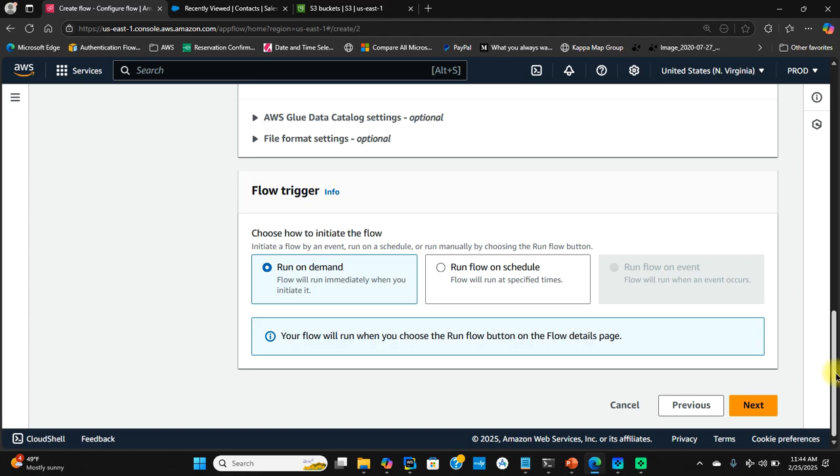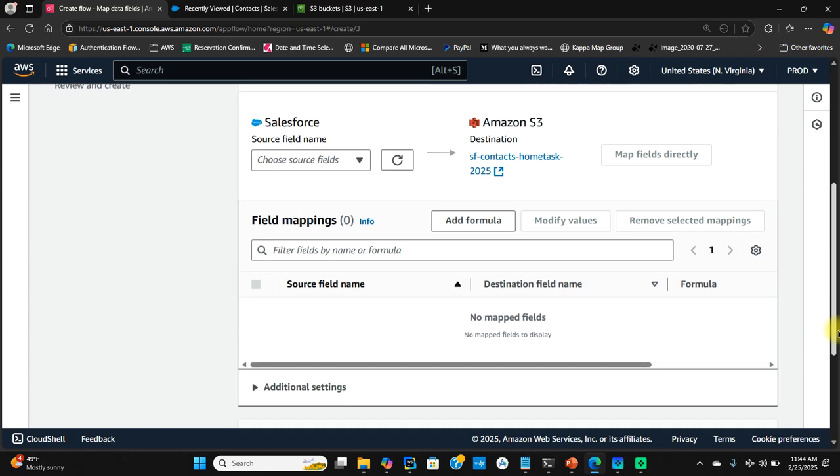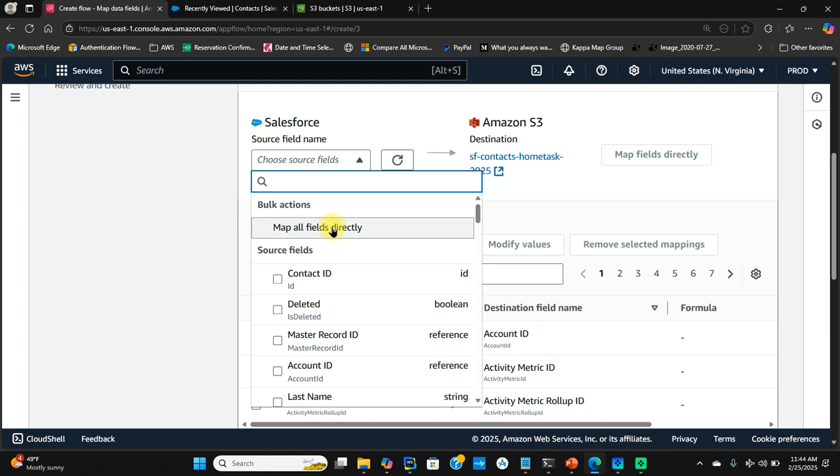Now I could run this on demand or run on a schedule. I'm going to run it on demand. I'm going to choose next. And here's where it's asking me for the field mappings. When I go here, I'm going to say map all fields directly